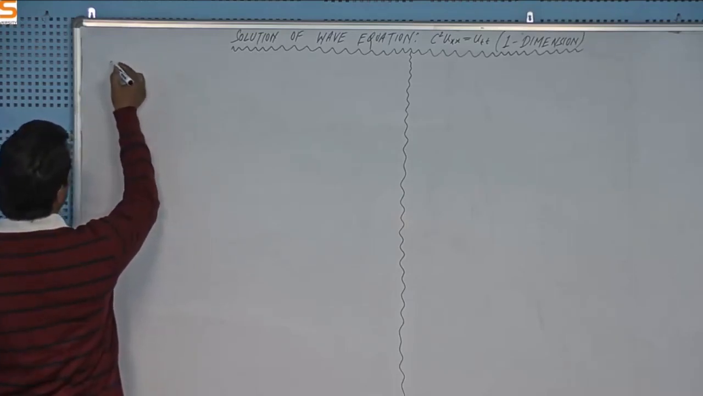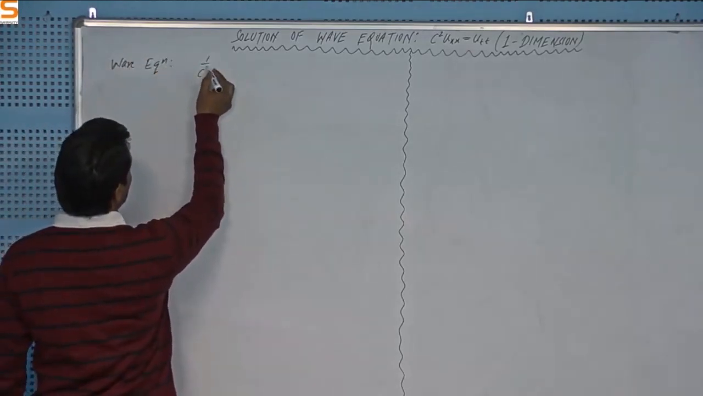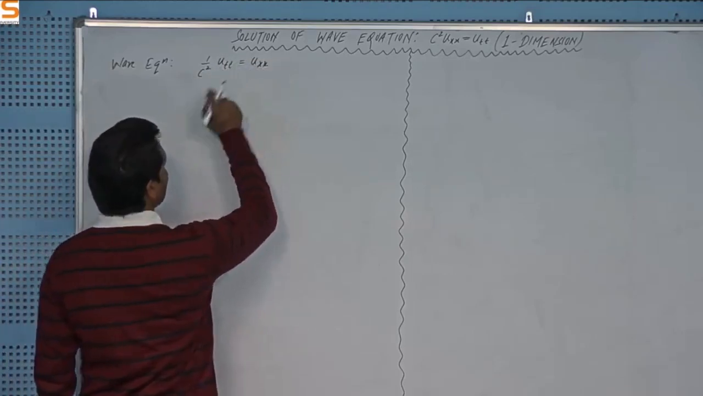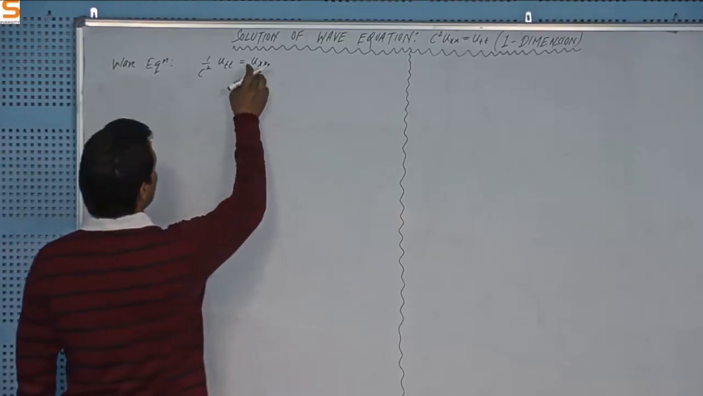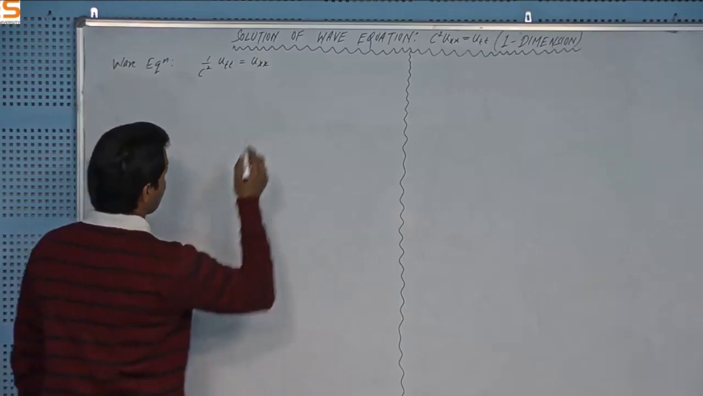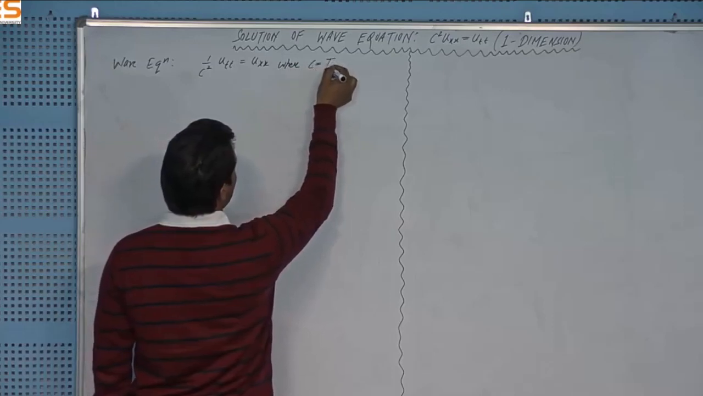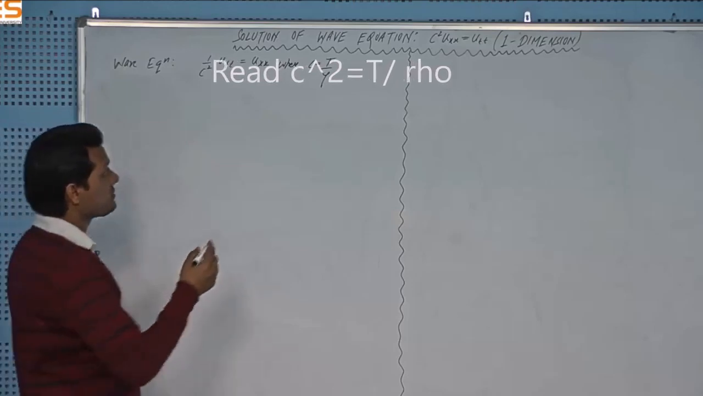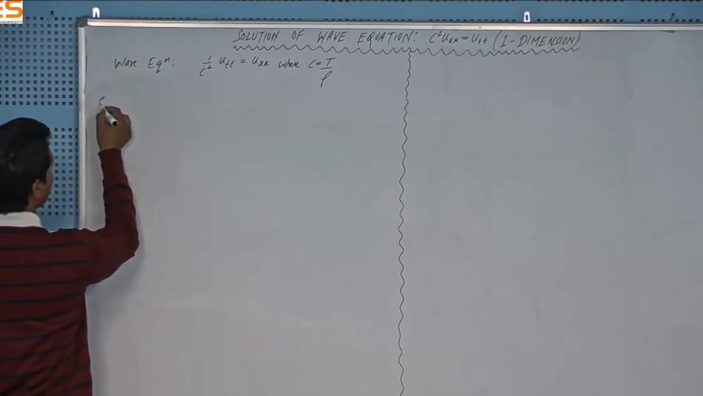The wave equation was (1/c²) u_tt = u_xx. This is the second order partial derivative of u with respect to t, and this is the second order partial derivative of u with respect to x. And c was a constant, where c² is equal to T over rho. T was the tension in the string and rho was the mass per unit length, subject to